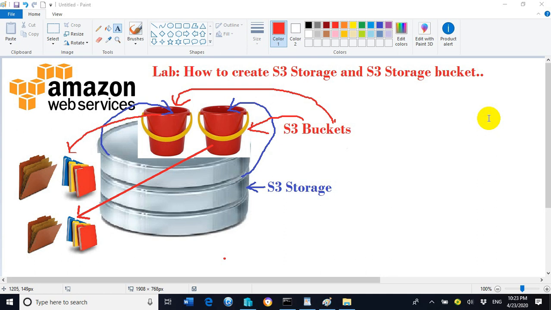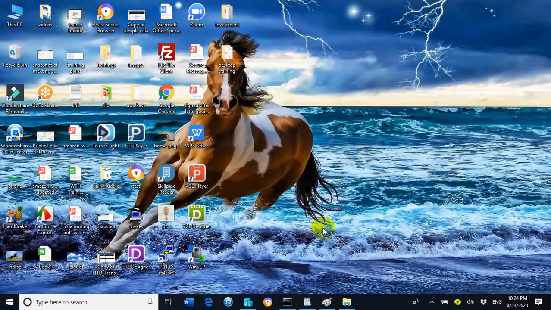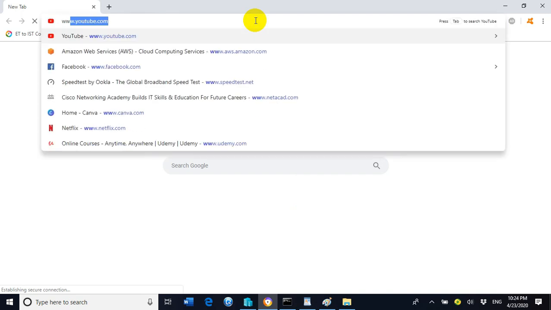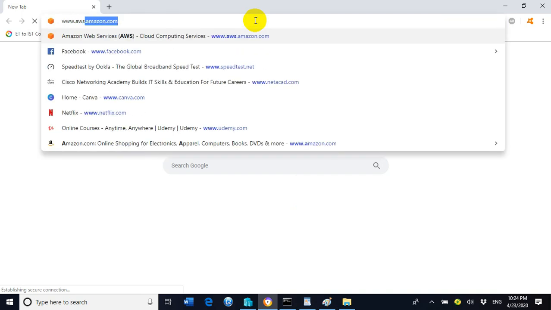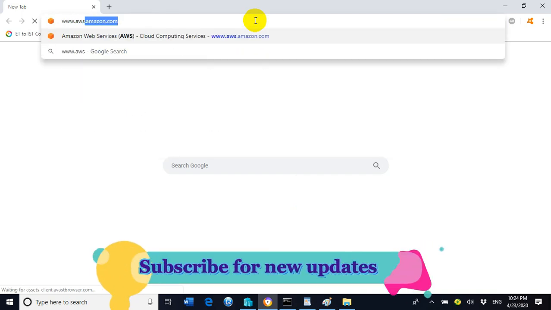So let us proceed with the lab exercise on the portal, to see how we can create S3 storage and S3 storage buckets. So let's go to the portal. Now we are on the web browser screen. Here we need to type www.aws.amazon.com.